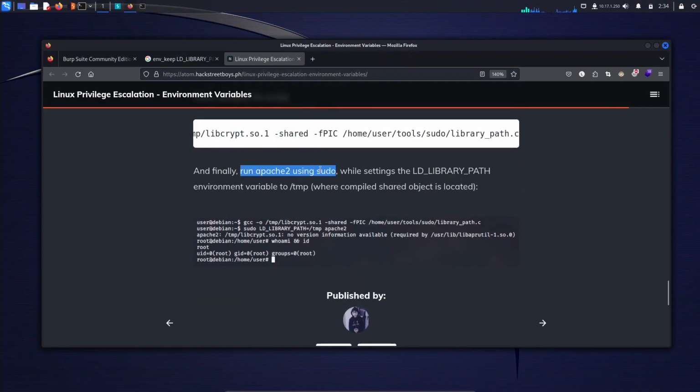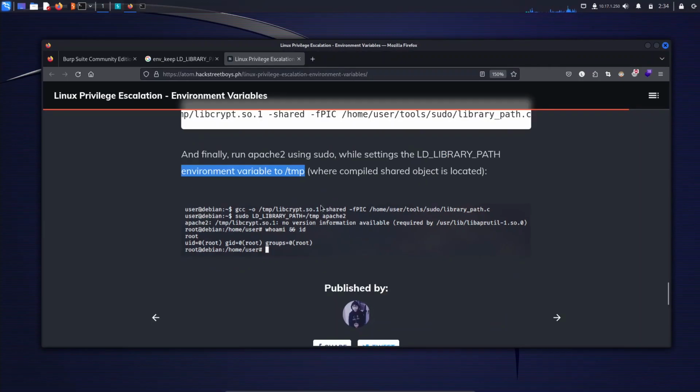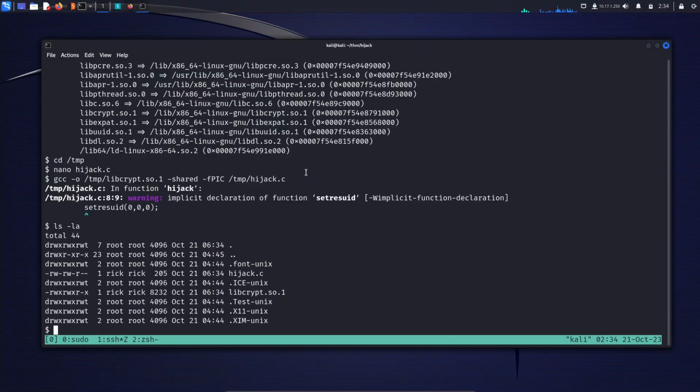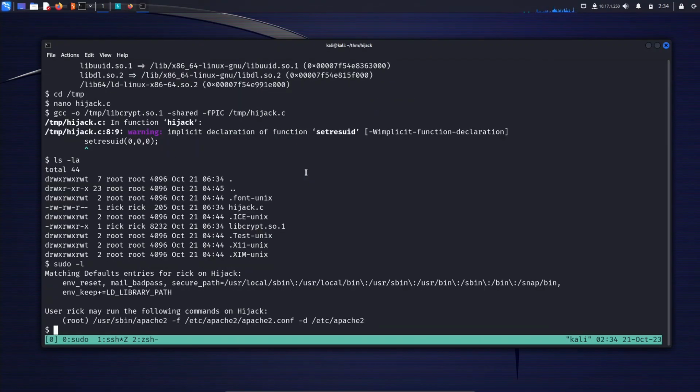And finally, run Apache 2 using sudo while setting the LD_LIBRARY_PATH environment variable as the temporary folder, where the compiled shared object is located. So yes, we are using the temp one. So now what we have to do is sudo -l to see the whole command that we can execute as root. Copy this and do sudo LD_LIBRARY_PATH=/tmp, and then supply the command that we can execute as root. This is the command. Press enter,